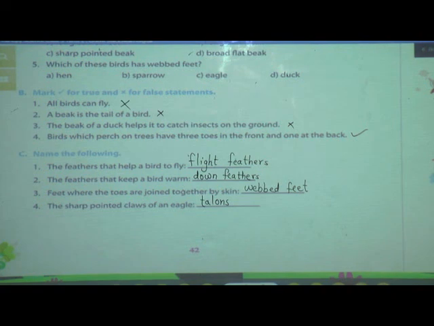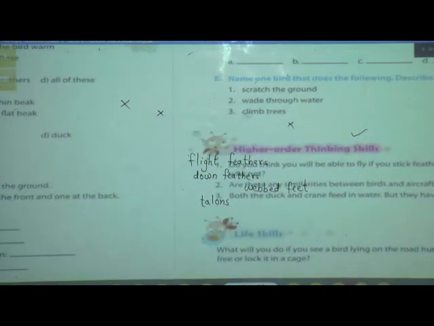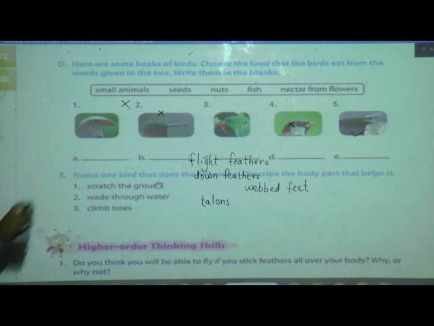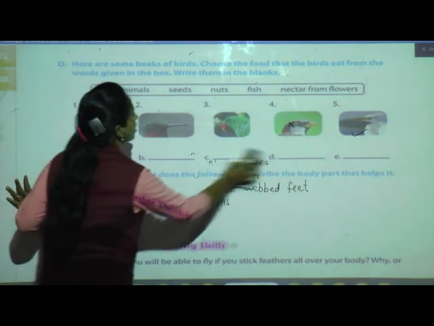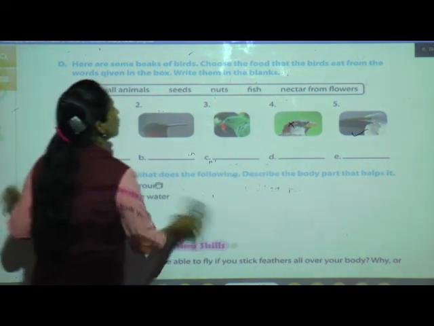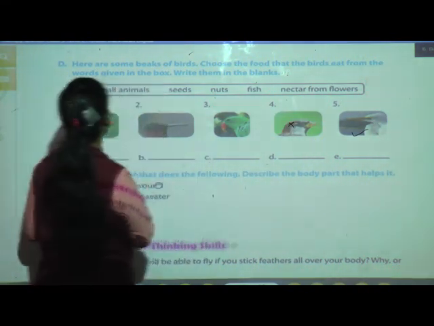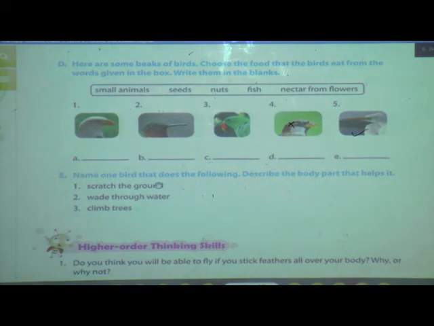Now we will see the last question. What is the last question, students? Here are some beaks of birds. Now what do we have to do? Choose the food that birds eat from the words given in the box and write them in the blanks. Now see, what are they given?